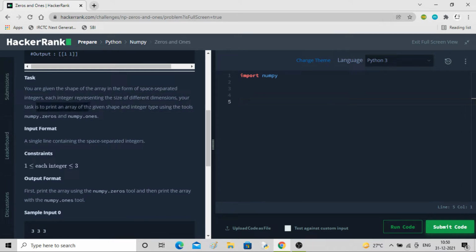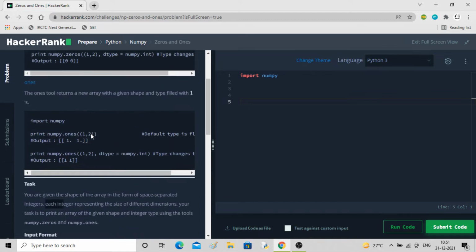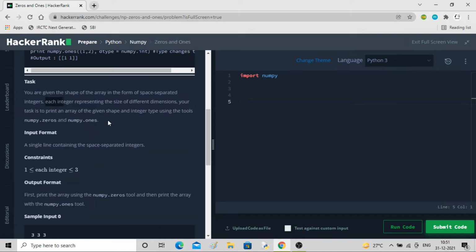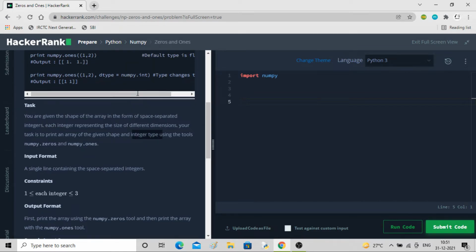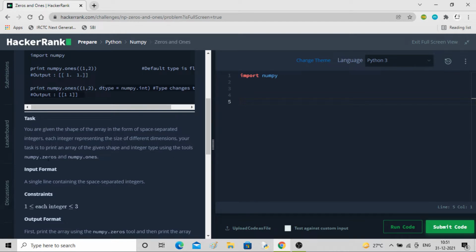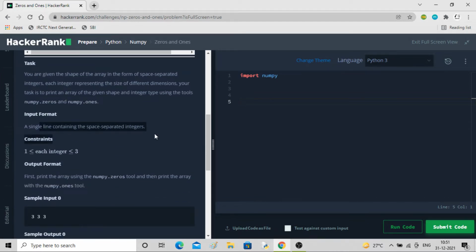Your task is to print an array of given shape and integer type using the tools numpy.zeros and numpy.ones. So the dimension will be given to us, basically the stuff inside the brackets, and we have to print the array of given size and integer type. They have to be integer, so we have to use dtype here, with the two tools zeros and ones. You can see here a single line of space separated integers will give the dimension.